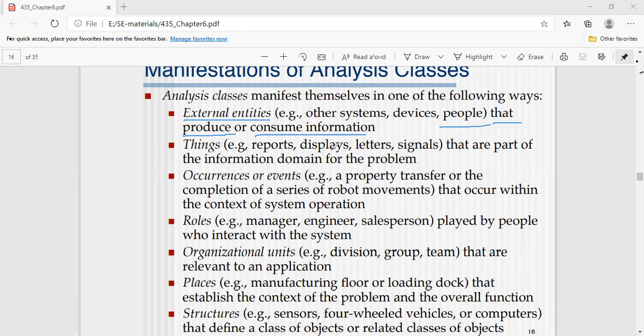So here the receptionist role is called an external entity, or the customer role is called an external entity, or some other systems that may interact with your domain. Those are also external entities here. Some other devices, other parts of the systems, it may be anything.